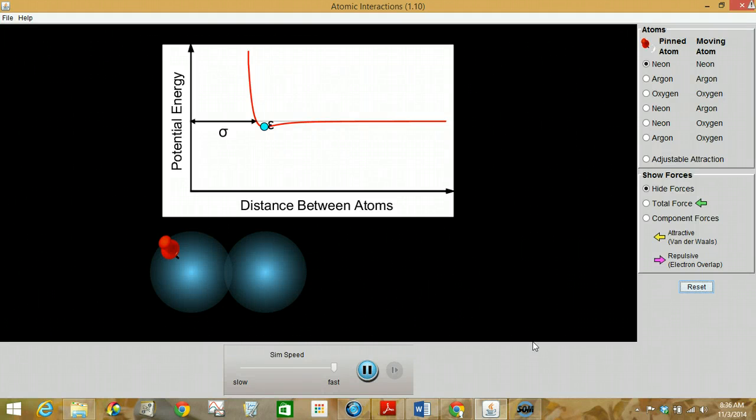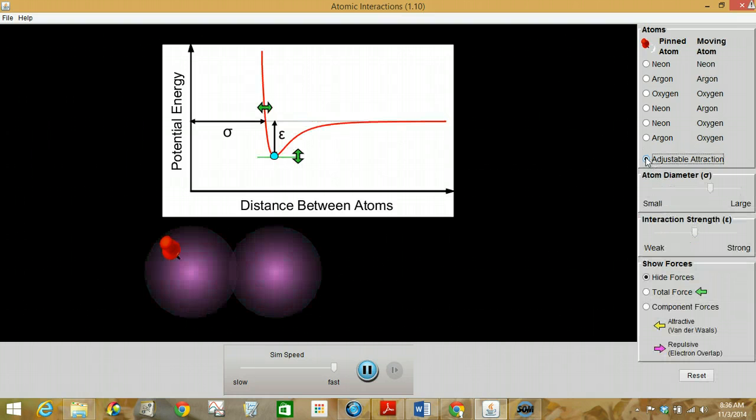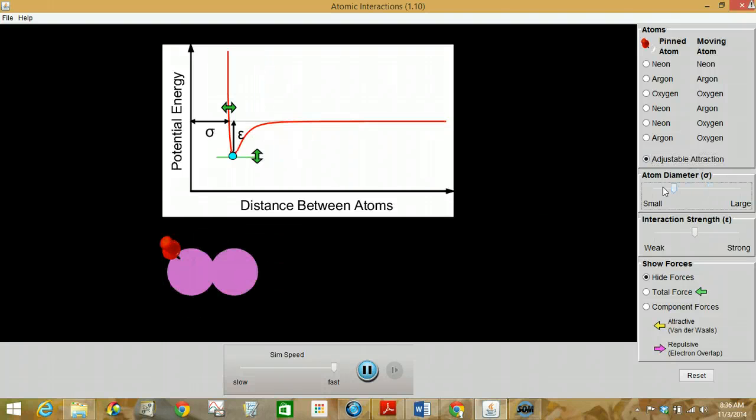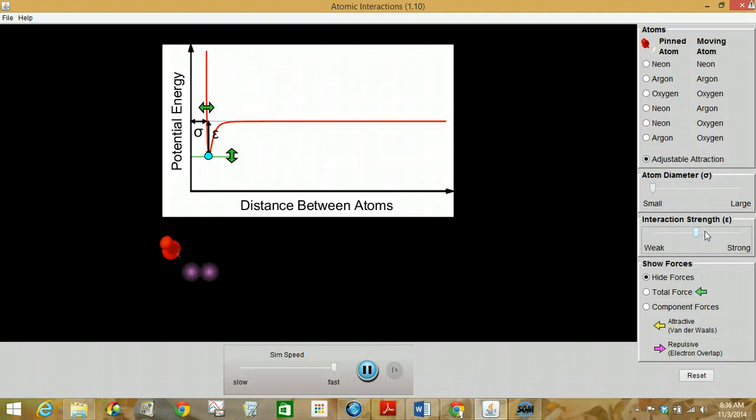This is the worksheet C, covalent bond between two atoms simulation, and first we are going to adjust as described for the hydrogen molecule H2. So we're going to do adjustable attraction and small diameter, and we'll put this attraction 3/4 of the way between weak and strong,